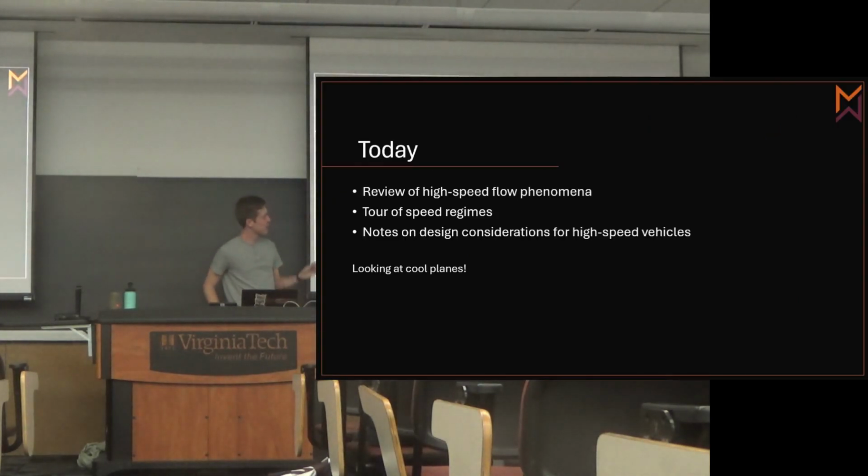So quickly, we'll go over some high-speed flow stuff, just to make sure we're all on the same footing. Then we're going to talk about the different speed regimes, and as we go, we're going to talk a little bit about the different design considerations for each type of airplane that has to operate in that regime. And we'll look at pictures of cool planes. It's good stuff. So just to start off,